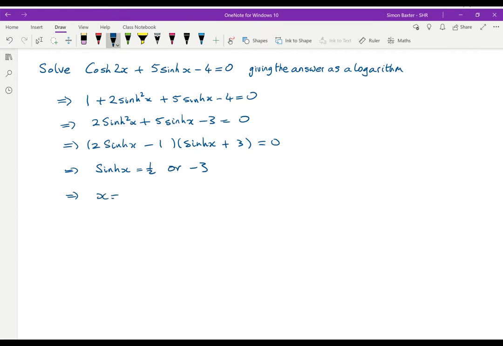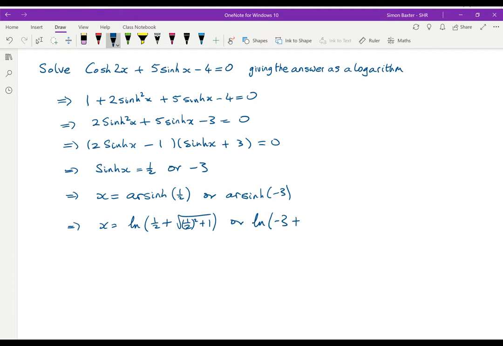We get that x is equal to r sine a half or r sine minus 3. For giving the answer as a logarithm, we need x is equal to log of a half plus root a half squared plus 1, or log of minus 3 plus root minus 3 squared plus 1,